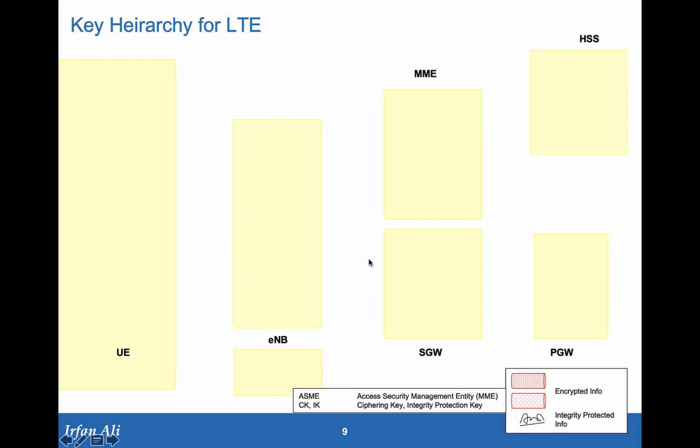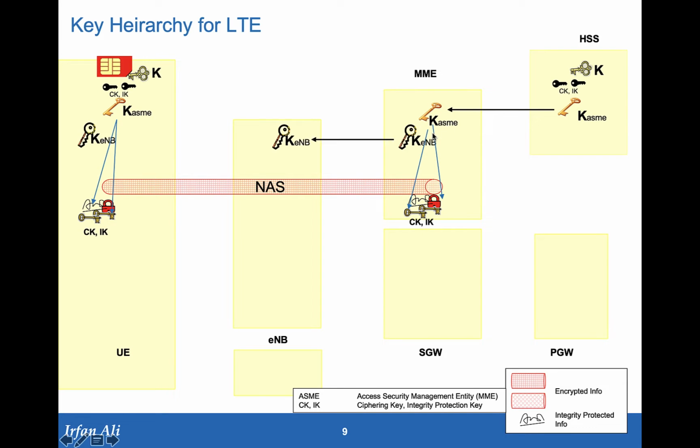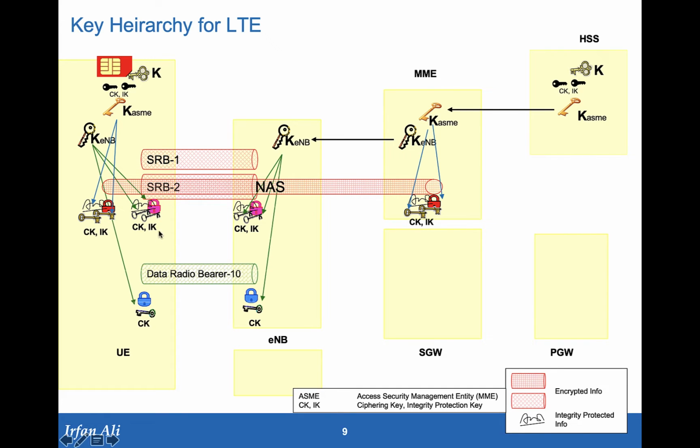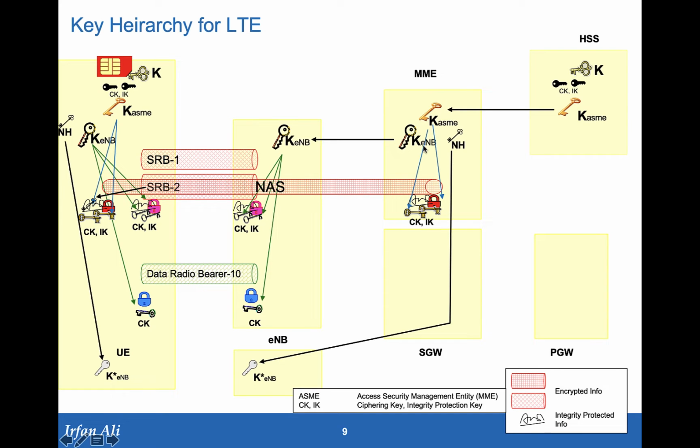If you remember, when we looked at key derivation and the key hierarchy, we said that we got the KASME key, from which we derived the key K_eNodeB that was provided to the eNodeB, and the mobile derived that also. The K_eNodeB was used for encryption and integrity protection of the SRBs and also for the encryption of the data radio bearer. We also said that from the KASME key something called the next hop key, the NH key, is derived at both the UE and the MME, and it is used to change the K_eNodeB